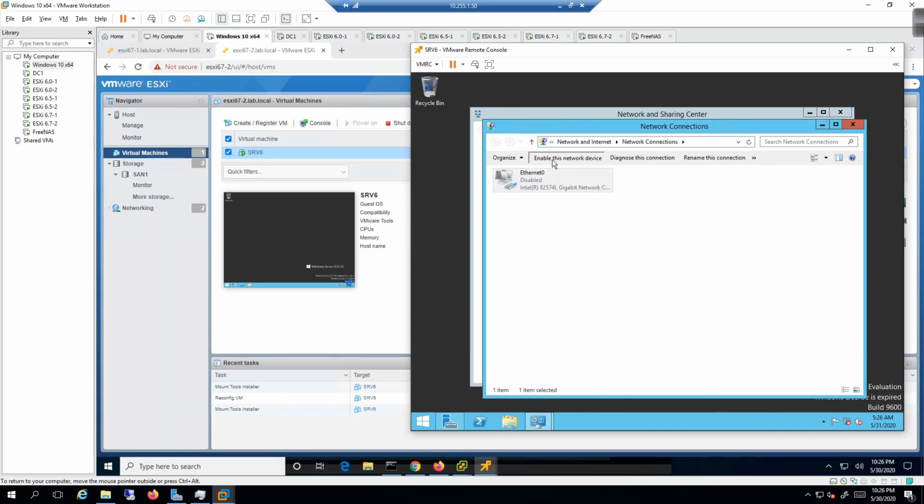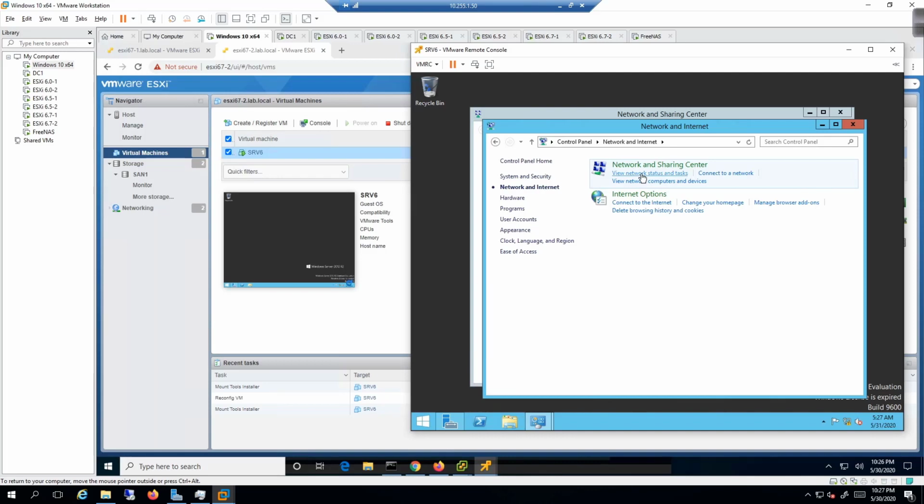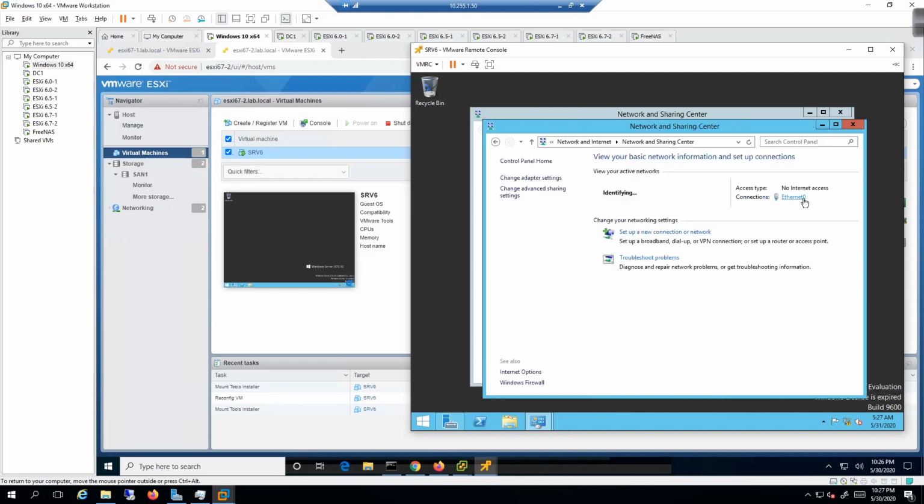I'm going to enable this network, and it should get an IP address here momentarily, identify, and then we go back to network and sharing, and then we go to network status, and then we go to Ethernet 0, and then we go to